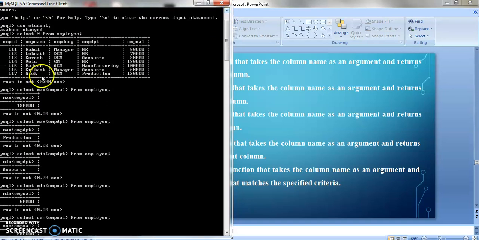It will return the number of rows whose employee department value is non-null.